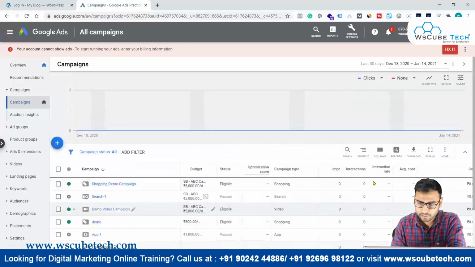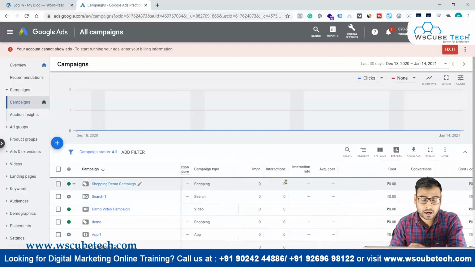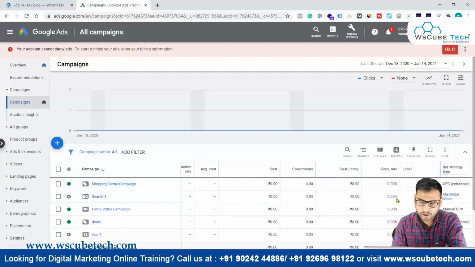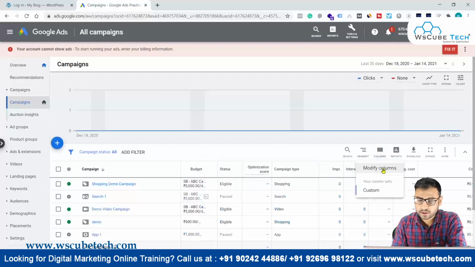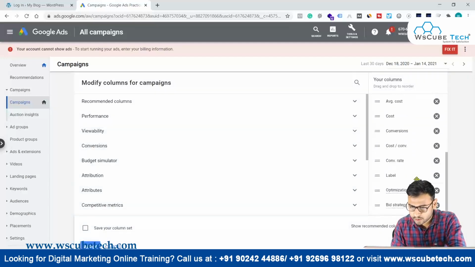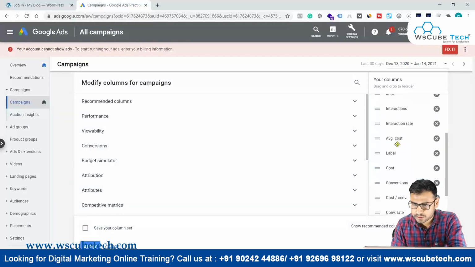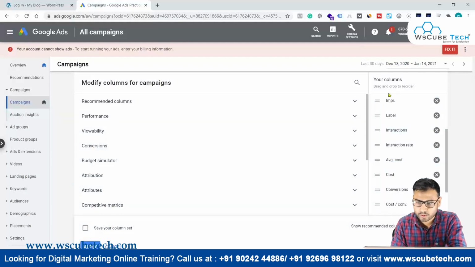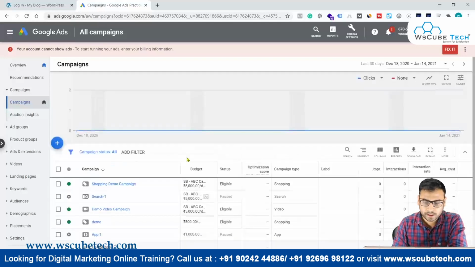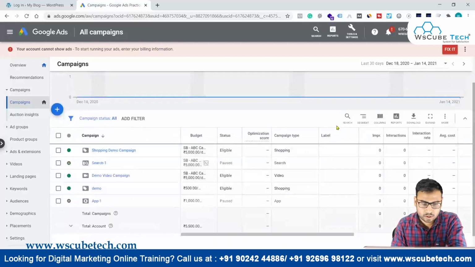It's showing over here. We have to bring it in front somewhere over here so that we can see how it actually looks, right? So this is just for us. I mean, you can put it over here also. We just have to click again on modify columns, and over here we have to drag and drop this label from here to over here, after the impressions or after the campaign type, right? Let me click on apply. Now our label is over here, right?